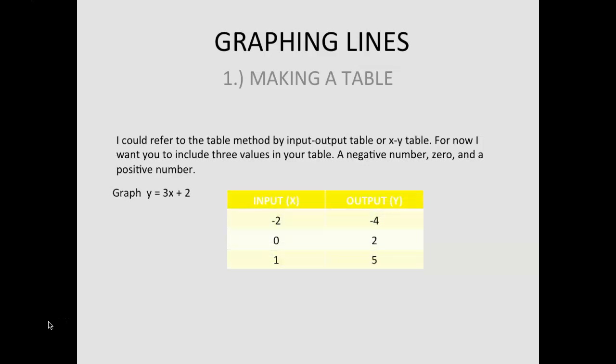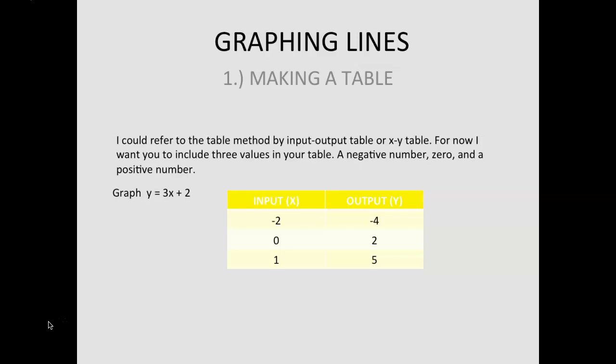And I want you to take a look closely into our table. So the x values, negative 2, 0, and 1, are the ones we are choosing. Take note, we choose the x values. We will choose one negative, a 0, and a positive. And as much as possible, choose the smaller values. You can even have negative 1, 0, and positive 1. So these are your input values, and you're going to use these x values to find the value for y